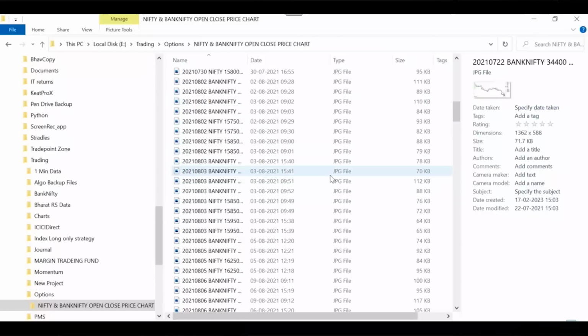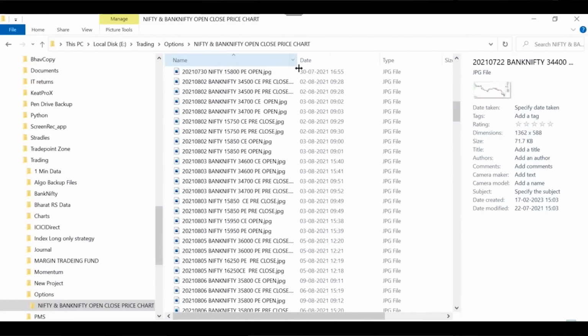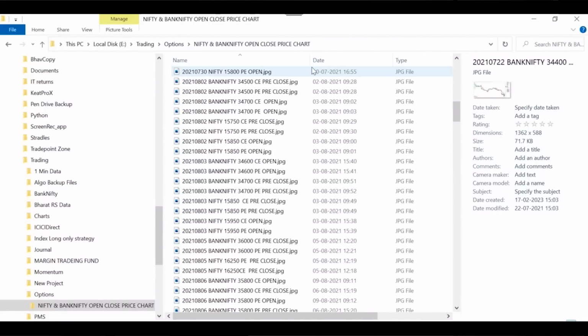If you start from today, plotting single leg option charts as well as the straddle charts and the TOI, at every day market close you can plot them. I always keep that because this helps me to study. So here you can see I have a lot of charts, saved charts since the last 6 months. I also keep the backup on my computer desktop. So I'll just share this.